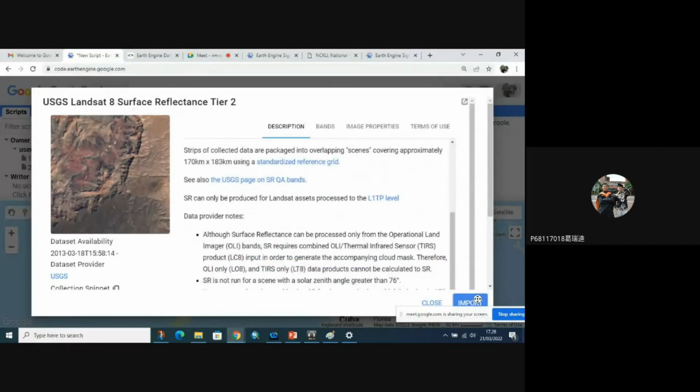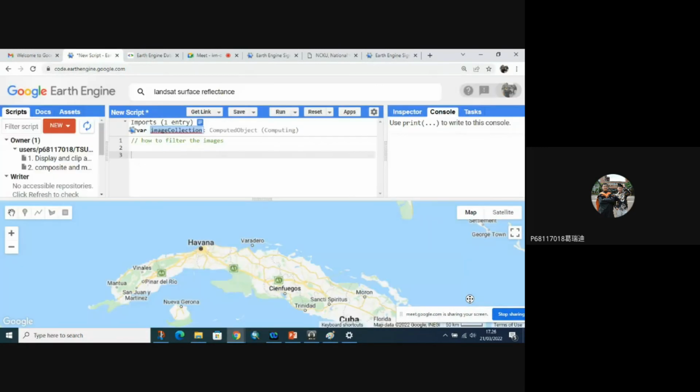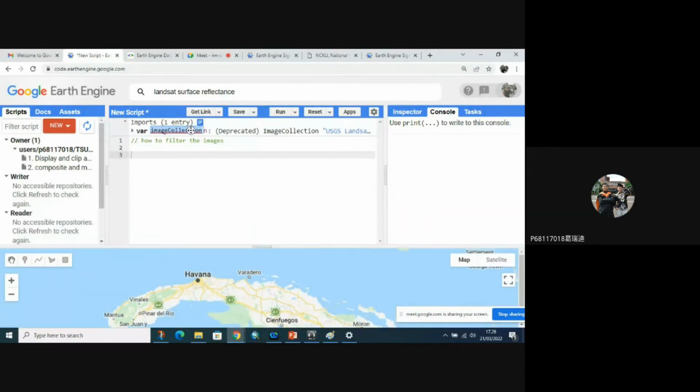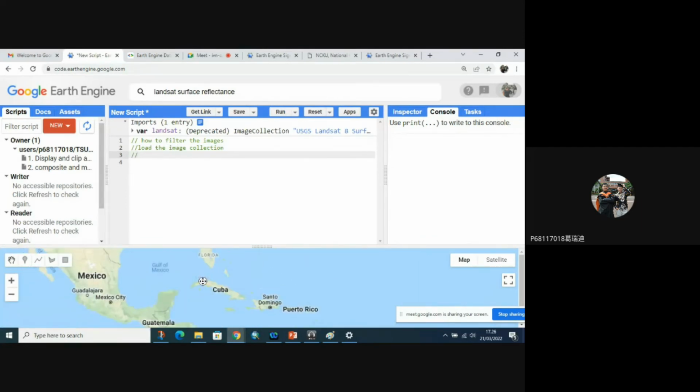You just click this one, import. Yeah, the image collection here. This one is the Landsat images from the data catalog. We give it the name Landsat. The first step is to load the image collection, and then make a polygon wherever you want.